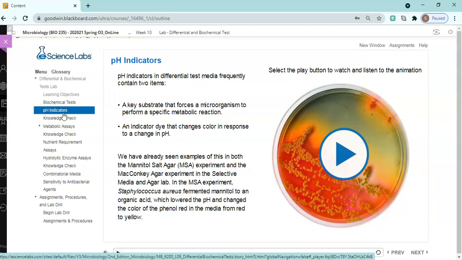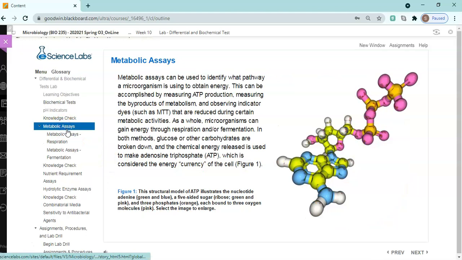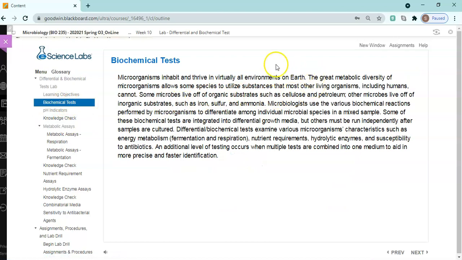So remember that our indicators allow us to detect if a pH change has occurred to a media. So the indicator dyes are really important in telling us whether a pH change has occurred. Make sure that you go through and you understand biochemical tests, what they are, what they're used for. And then,